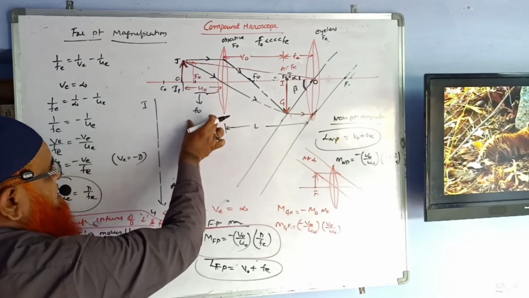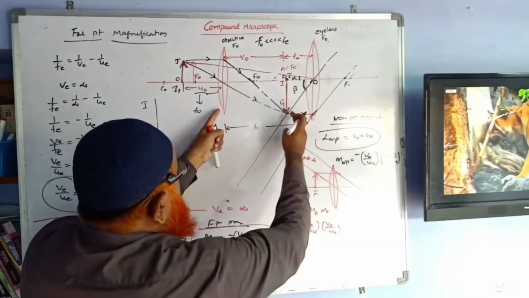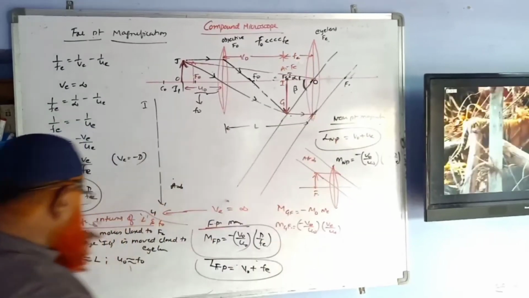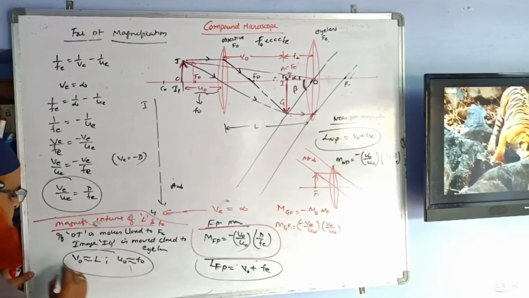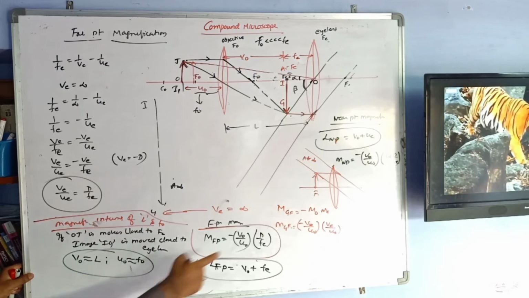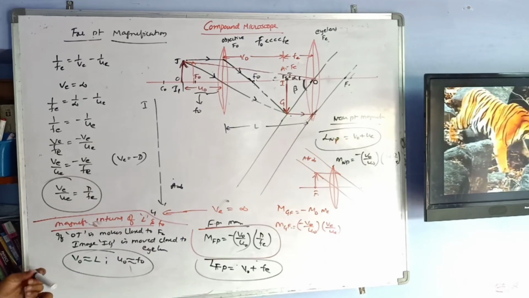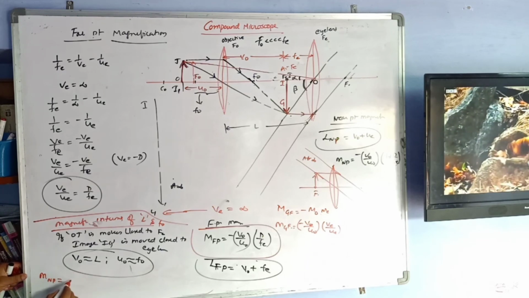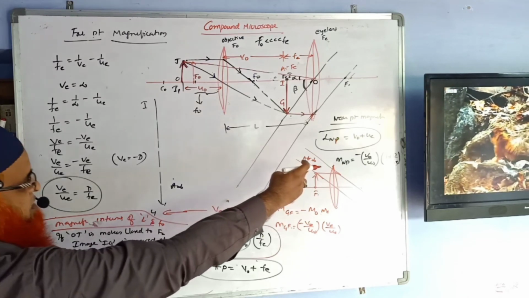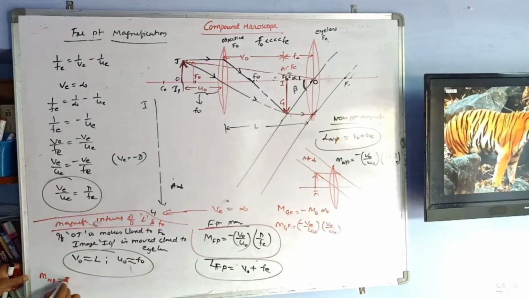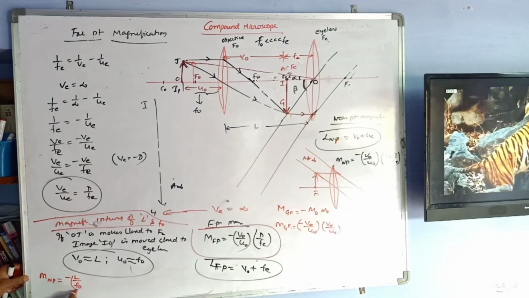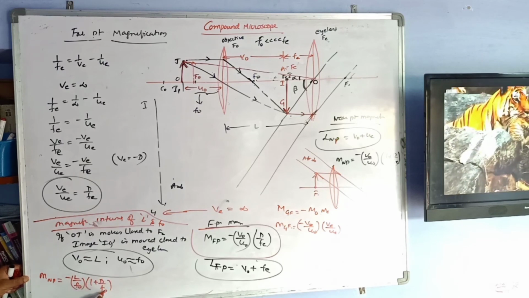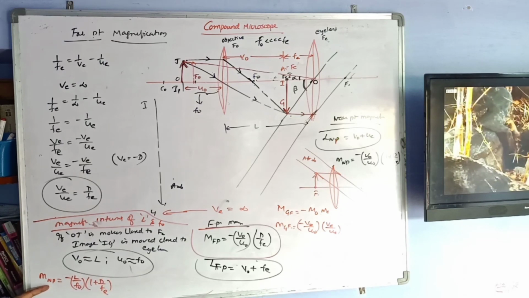F naught is the focal length here. And the image distance will not be V naught. As the image will shift towards the lens, the image distance will become the total length here. So you have to replace V naught and U naught with L and F naught. Then the formulas are going to change. What is the formula for near point? It was written as minus V naught by U naught, but you have to write minus L by F naught. And the right side is the same. So the formula will change for near point.